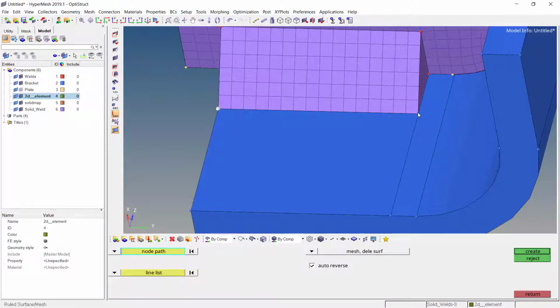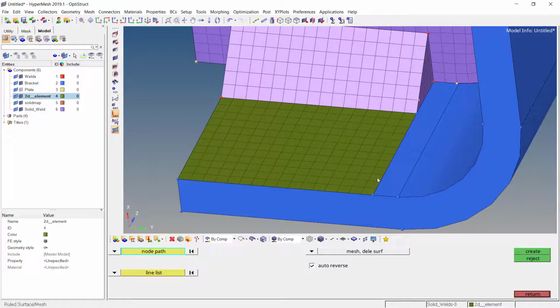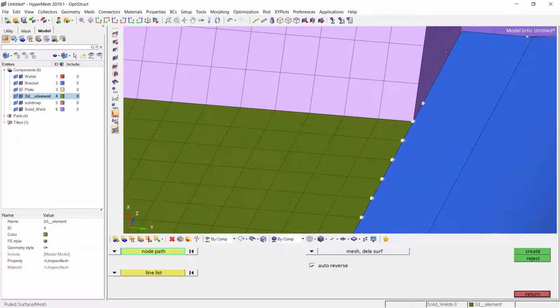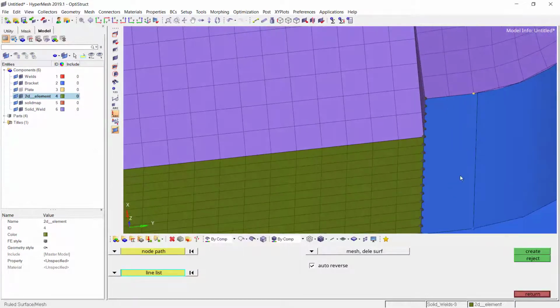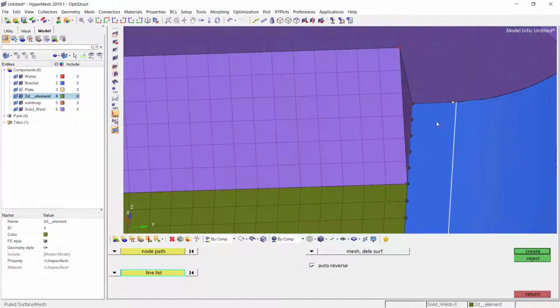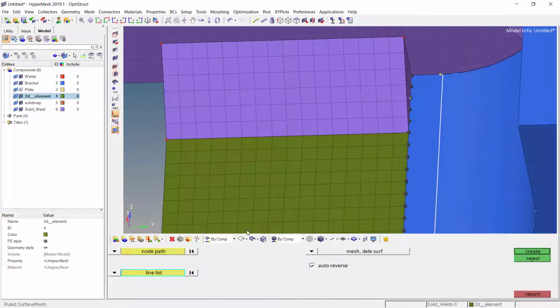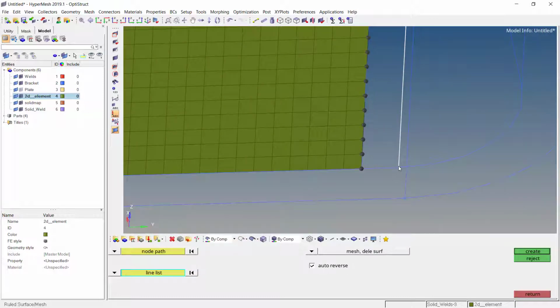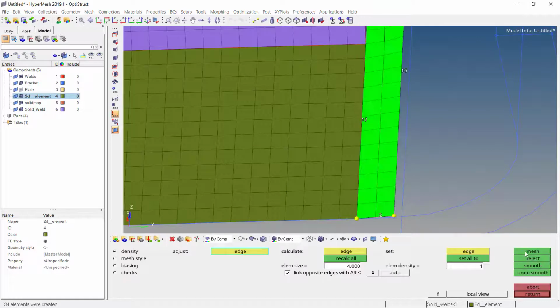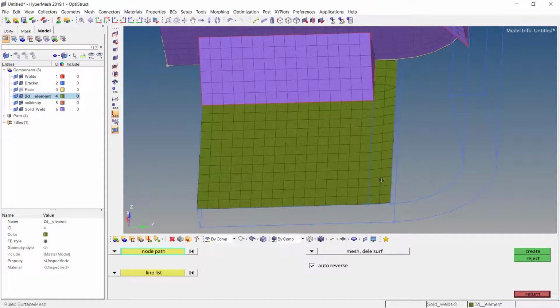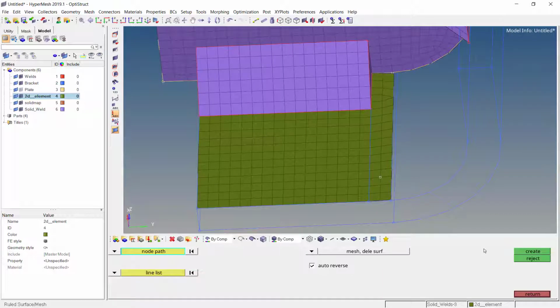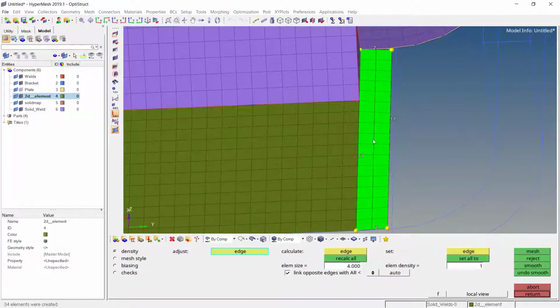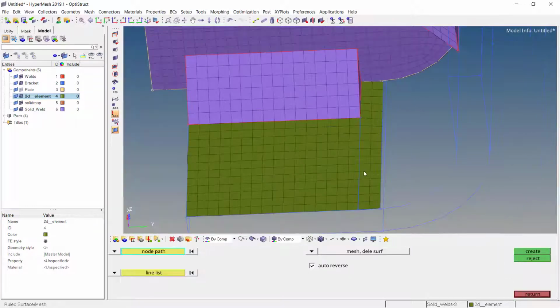Again go for ruled, set this one and set this as a line list. So again make sure here we are not selecting the entire length. So let us go for surface mode, select this node and this node in order to shorten the length. Set it to return now and set it to return again. Oh, Ctrl Z or say reject. Again set it to create and here increase the number by 1 so that there will be a perfect mesh.